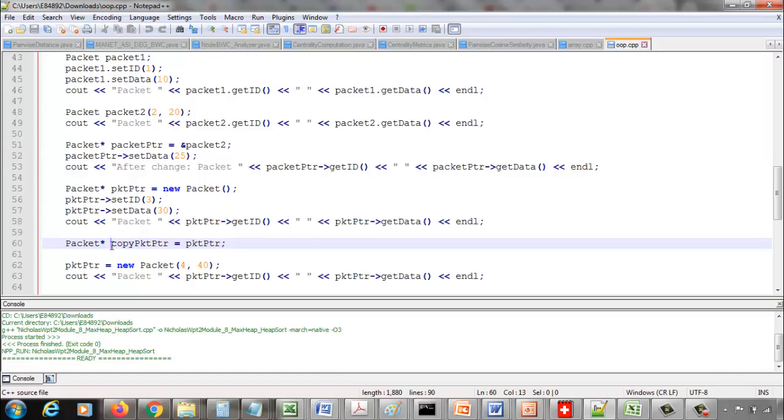Now this copy packet PTR is also a pointer to an object of class packet. That's how you have to say it. It's a pointer to an object of class packet, and I'm assigning the value of copy packet PTR to be the value of packet PTR. So packet PTR stores the address of the new packet that we just created. So copy packet PTR is also now going to point to that object because it stores the address of that object. So why I'm doing that is because